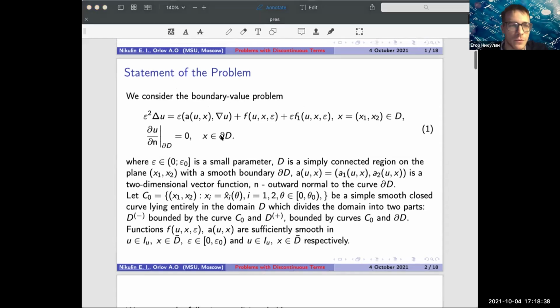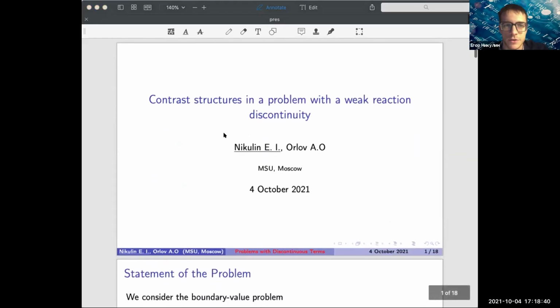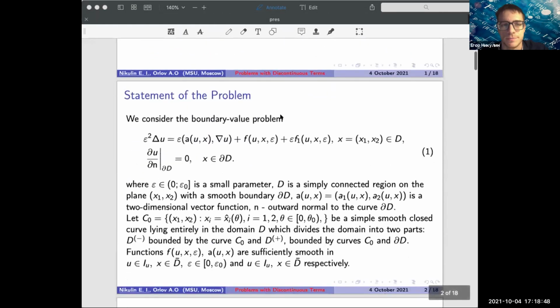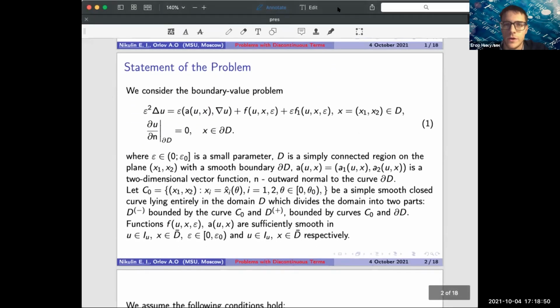Today I want to tell you about some interesting results concerning contrast structures in one singularly perturbed problem with a weak reaction discontinuity. We consider this boundary value problem where epsilon is a small parameter,